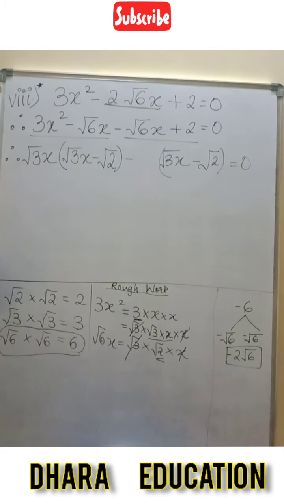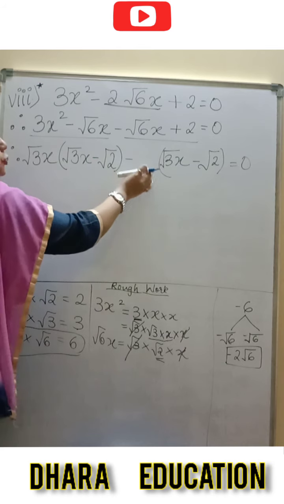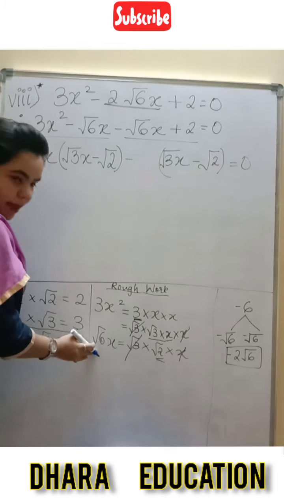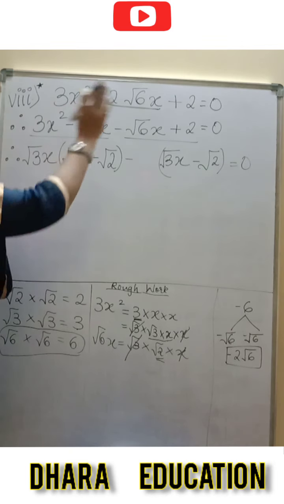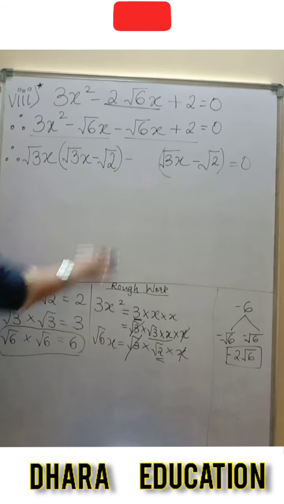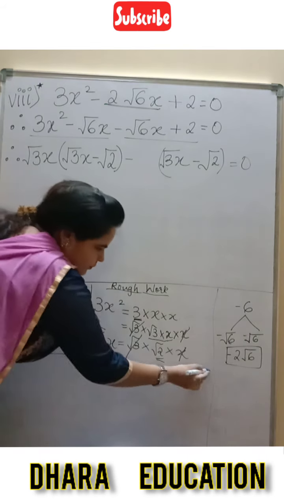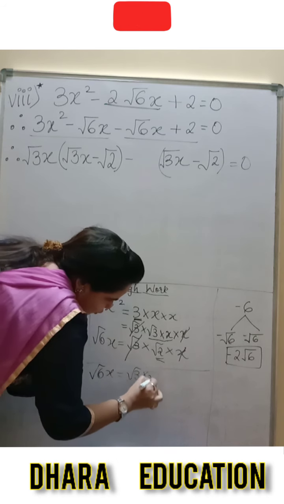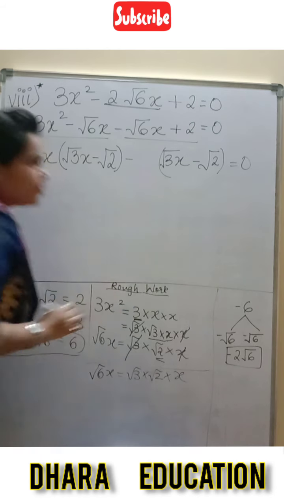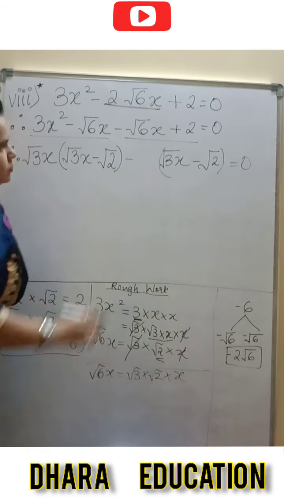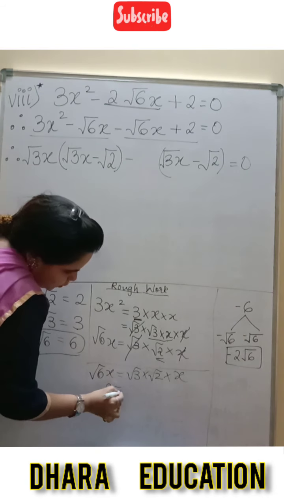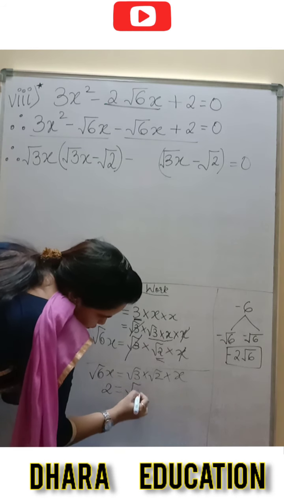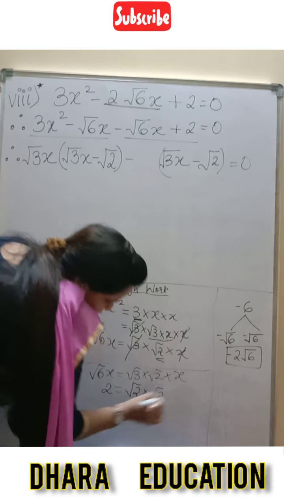Okay. But on the other hand, what number should we take so that it will fulfill here? Exactly the same manner which we have taken the first term, we will take the second pairing also like that. So root 6x is equals to root 3 multiplied by root 2 multiplied by x. Okay. Then 2. Only 2 is there. 2 means what? I have told you. Root 2 multiplied by root 2 gives you 2.